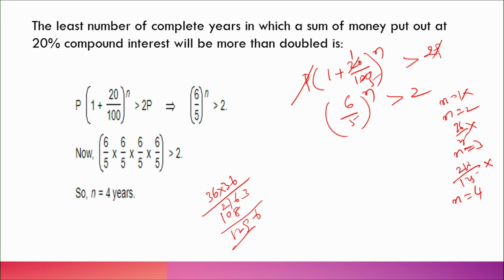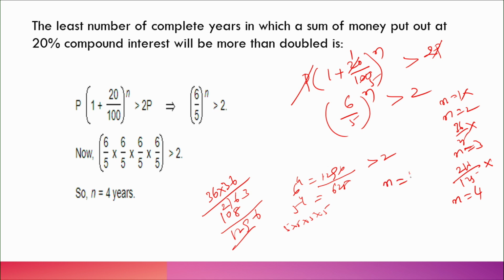So 6 to the power of 4 is 1296 and 5 to the power of 4 is 625. 5 times 5 is 25, 25 times 5 is 125, 125 times 5 is simply 625. So 1296 by 625 is more than 2. So the least number which satisfies the given inequality (6/5)^n greater than 2 is